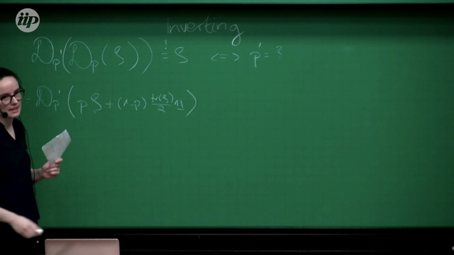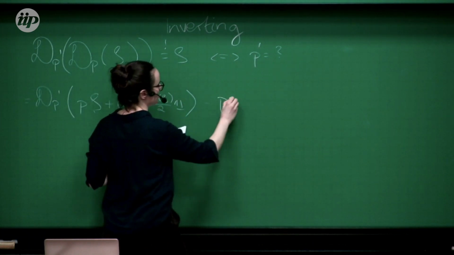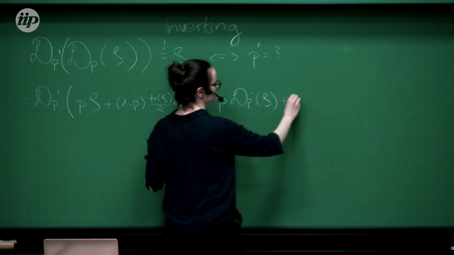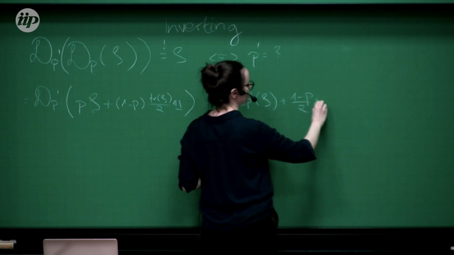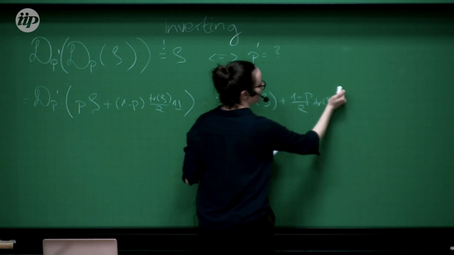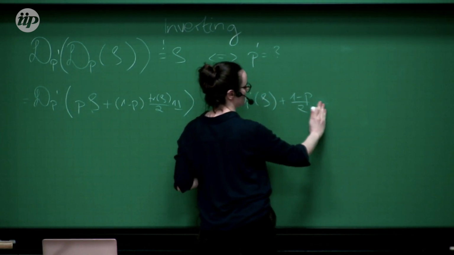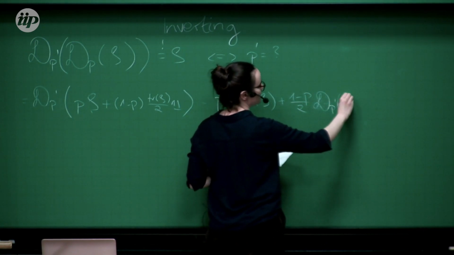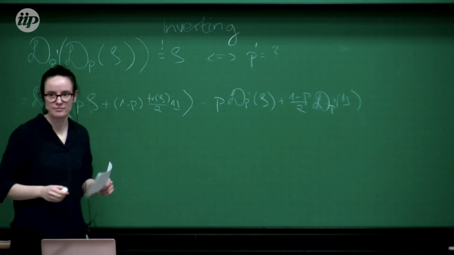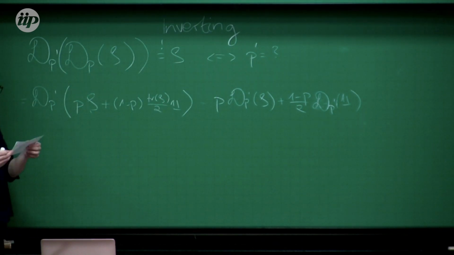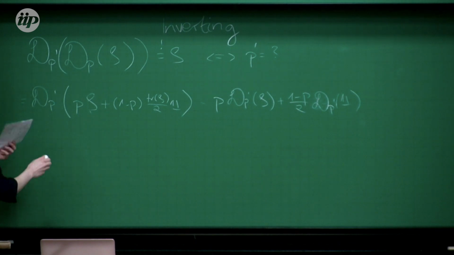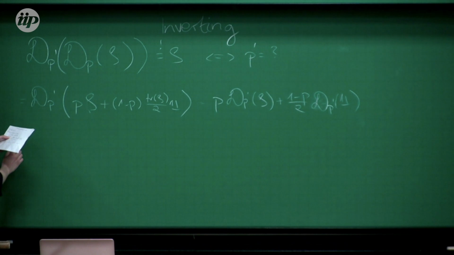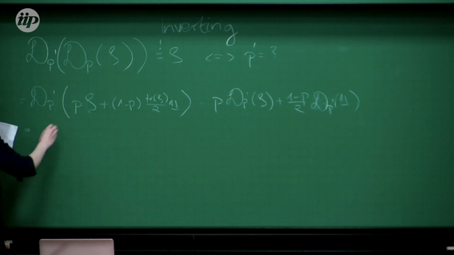The channel is linear, so we can write p D_p' acting on rho plus (1 minus p) over 2 trace of rho, which is 1. We can just scrap that. We can just not write that. This one acting on the identity. Right? Maybe it's a bit too easy for you, but I think in the end of this lecture, it's nice to see something a bit more easy. Good. Now we can also write out the D_p'.